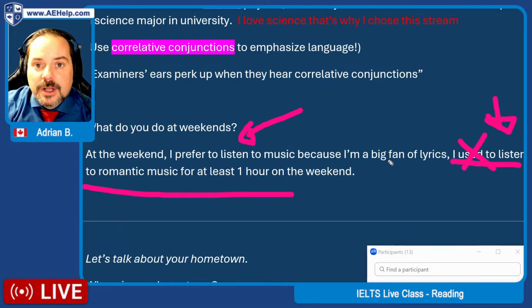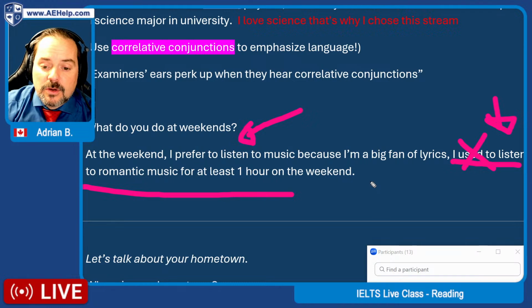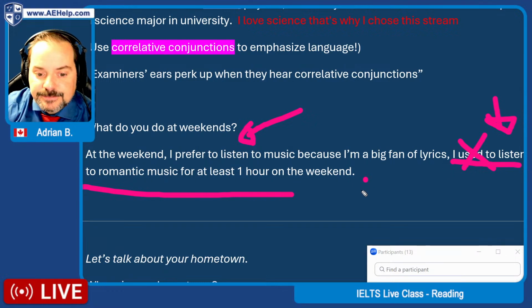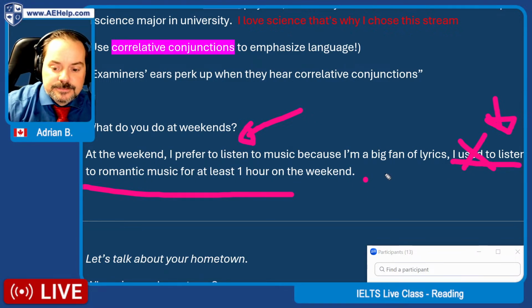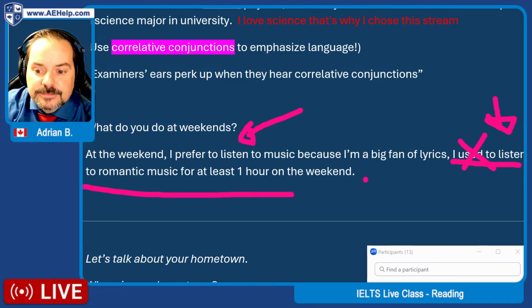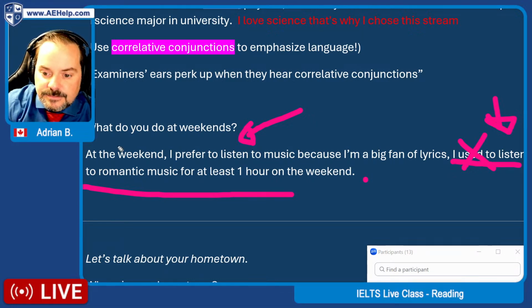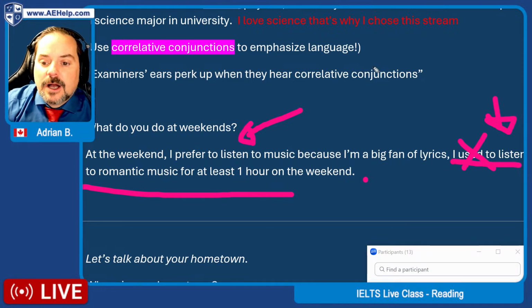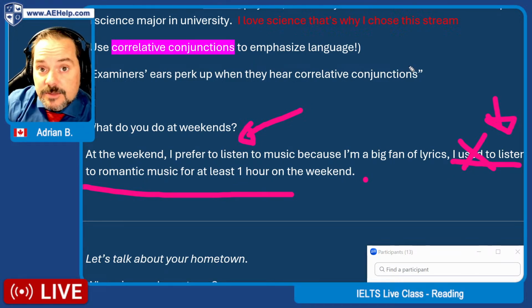So in the real world, Anna, I would follow up here, and I would say, do you still listen to music, or is this something you used to do? So I'd have to clarify that. In translation from my native language, I used to listen to music. It's like present time, and when I don't speak English a little bit, I translate my native into English. Correct. So in English, we do have a grammar form that can express that, but it's not "used to", and that's what people often confuse.